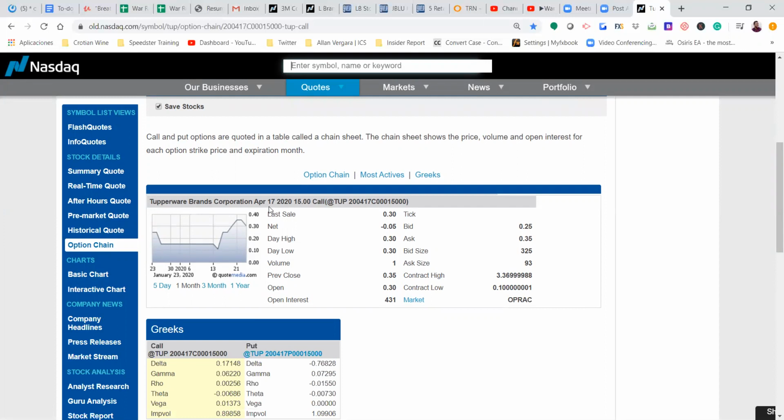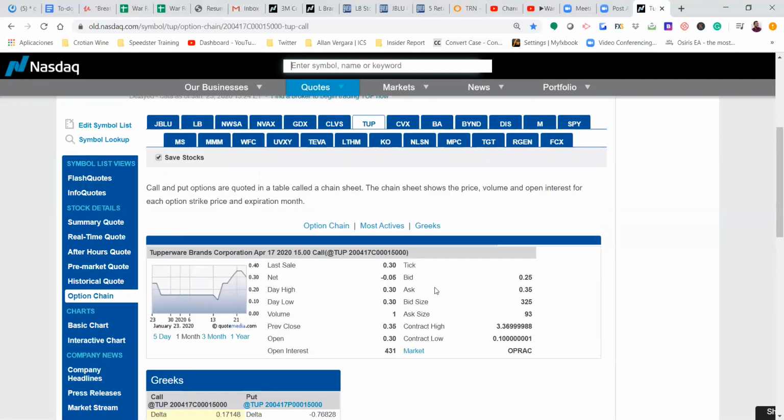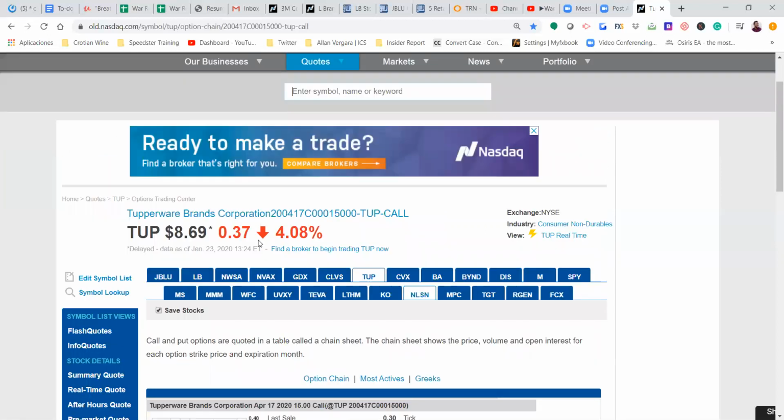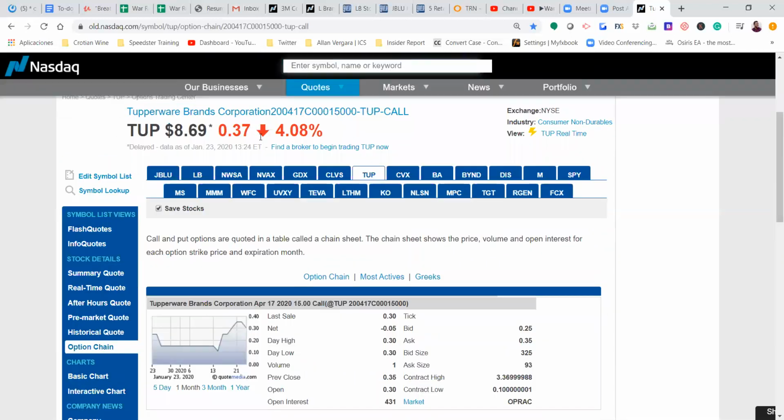It's stable. We don't want to be in a company that moved 4% and then the call drops 50%. We don't want that because that would be pretty bad. Of course, we don't want something that is fragile, and that's one thing I want to keep in mind. So this is something to pay attention to. We still have enough time, so I'm not concerned about Tupperware. Now let's move to